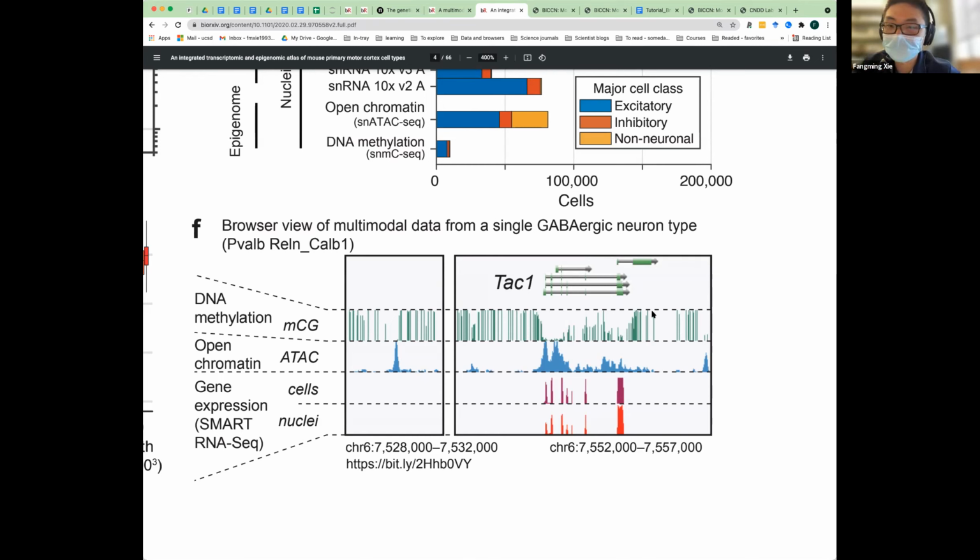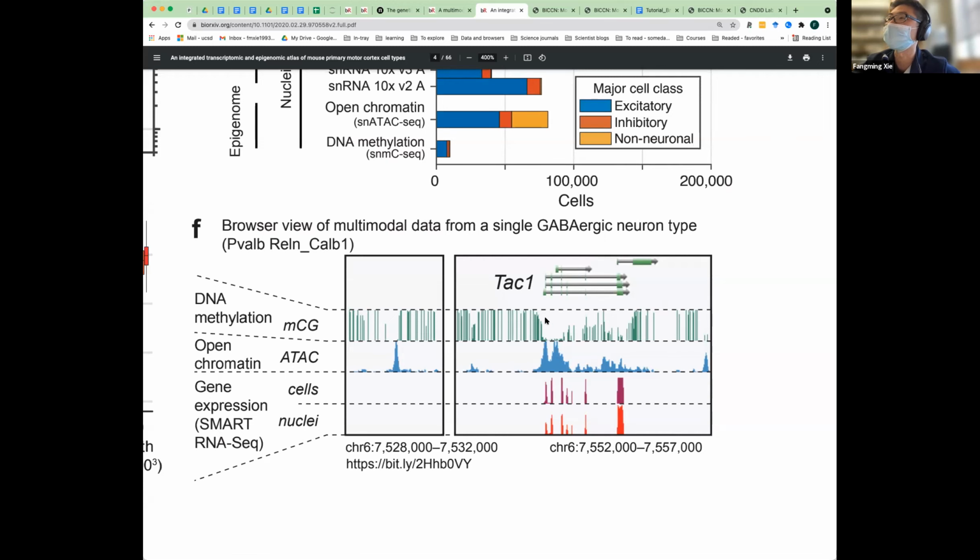DNA methylation level means the fraction of CG we captured from that site that are methylated. It's a value between 0 and 1. 1 means that site is completely methylated, and 0 means it's not methylated at all. And as you can see, there are ups and downs on this track.